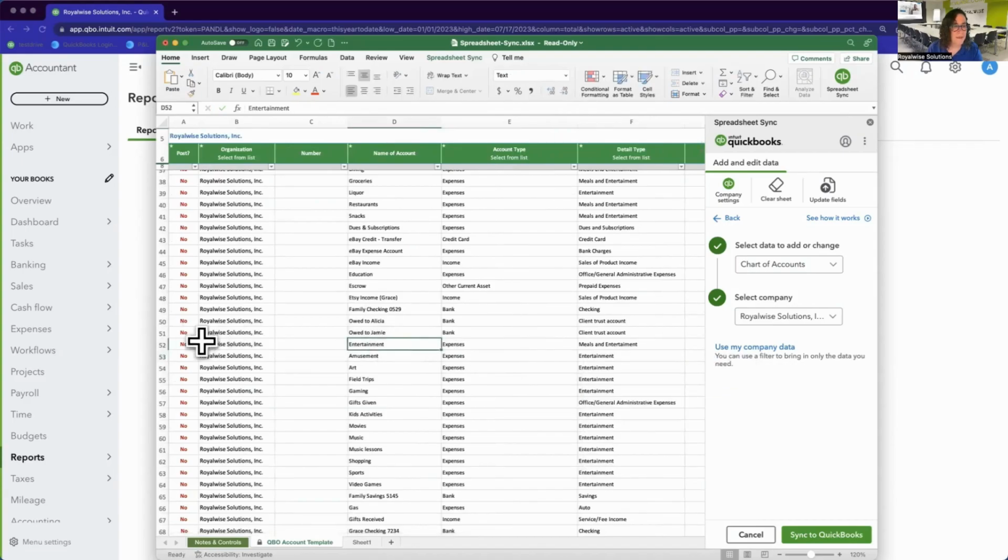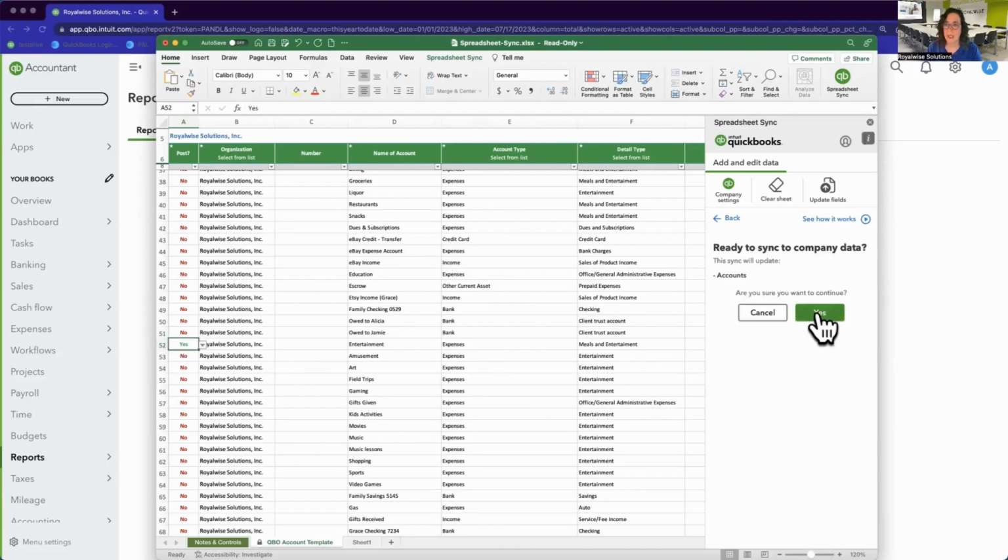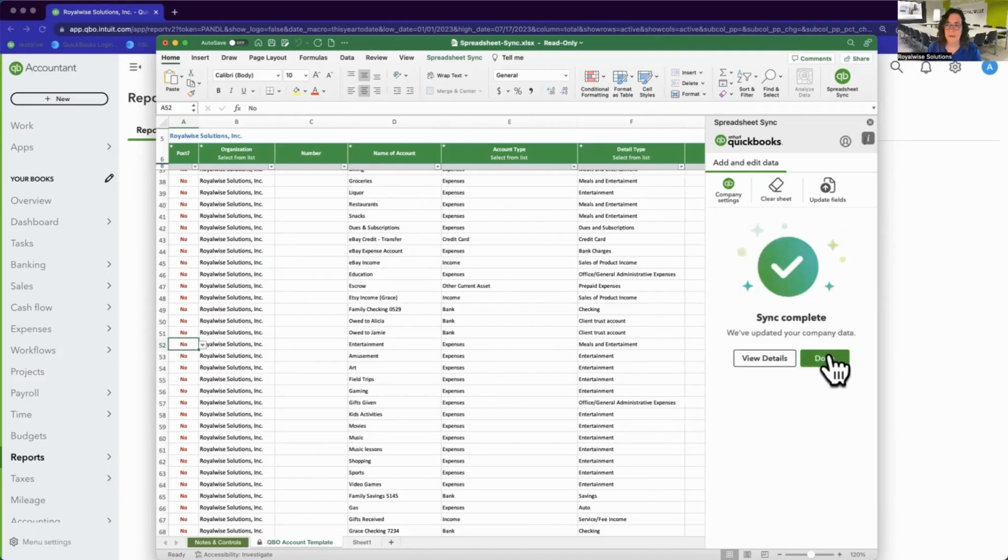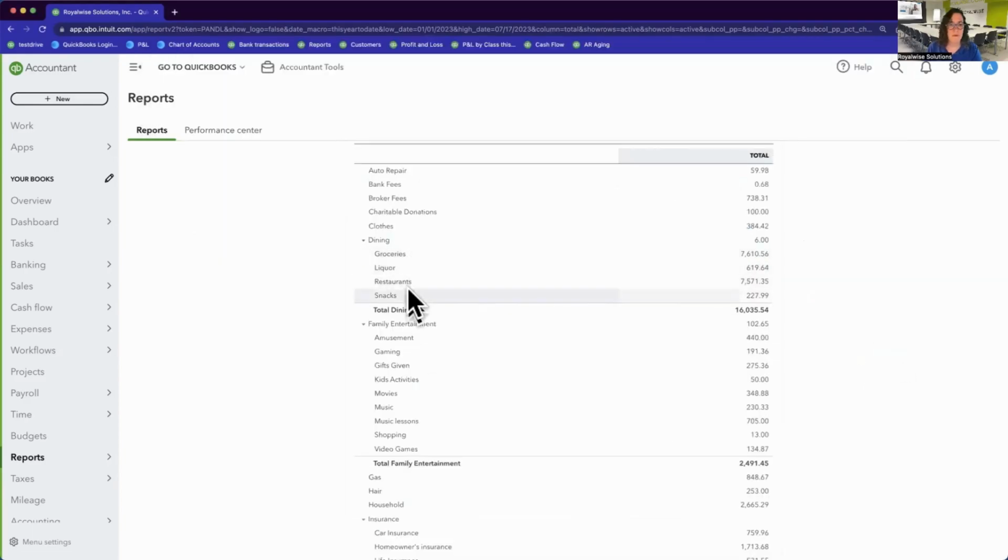So I'm going to go to Entertainment, and this column here is where I'm telling it that I want to make the change. So I will change this to yes. And then when I tell it sync to QuickBooks and do I want to continue, it will now make that change for me. So it says done. When I come back over to QuickBooks and I refresh my screen, Family Entertainment is now going to become